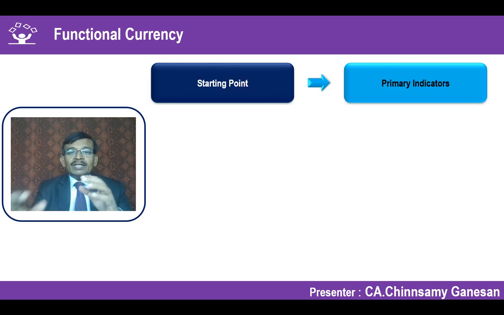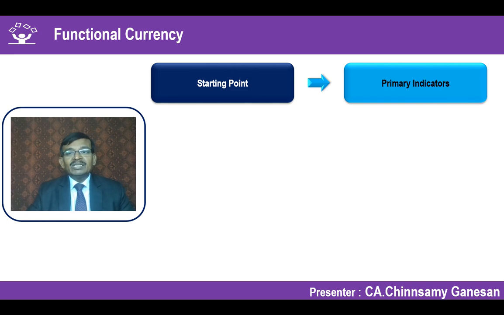Actually, the starting point to determine a functional currency is to look for primary indicators. That means there are some conditions which you have to see primarily at the first starting point. If you get clarity that based on those indicators, this is the functional currency, then you consider that as